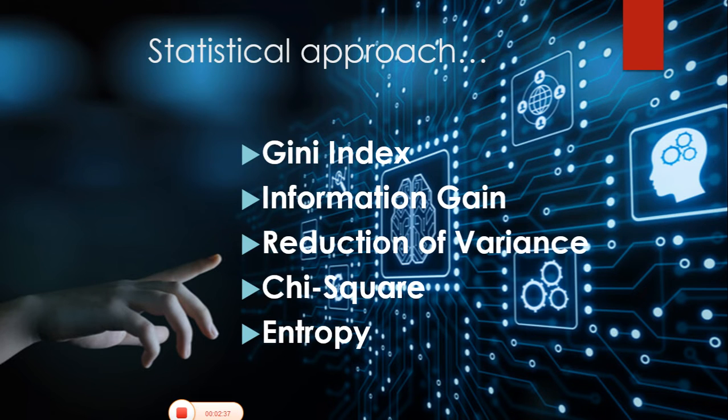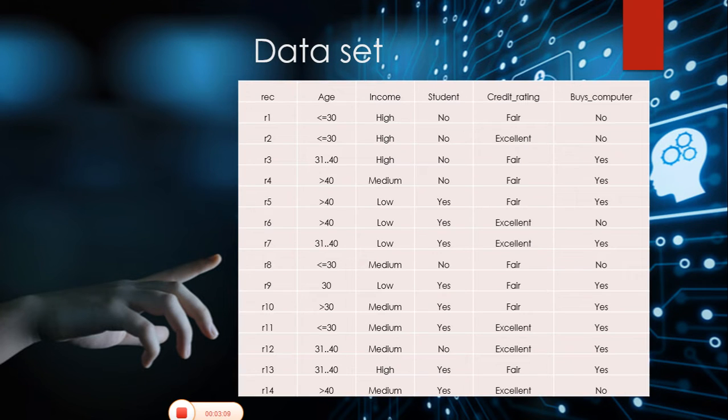And what is information gain? It is the decrease of entropy of a dataset after splitting the dataset based upon an attribute. For a good decision tree, it should be very high. For a good decision tree, the variance should be very low, and the chi-square is used for finding the statistical differences between the parent node and the child node. Then what does entropy stand for? Entropy in decision tree stands for homogeneity, and information gain is a decrease or increase of entropy value whenever a node is split. Now, let us construct a decision tree by taking another example.